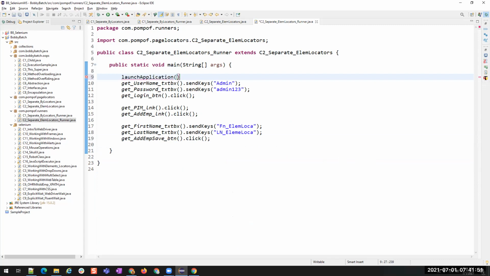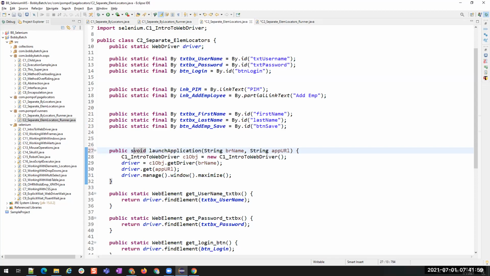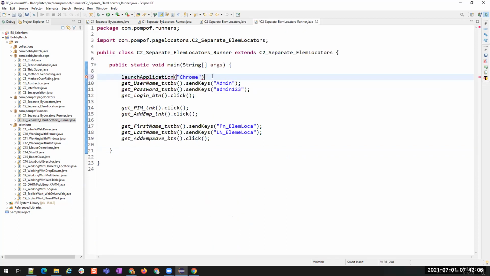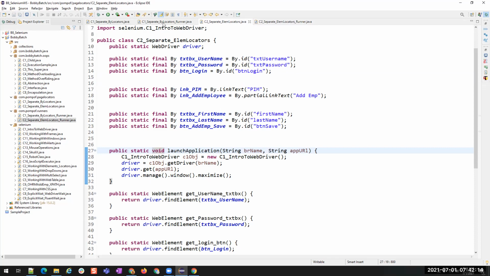Launch application, I'm going to pass two parameters. Okay, why is it not showing? Because I didn't make it static. If it is not static, then you have to create an object and use it. If it is static, you can use it directly. Okay. Comma and the app URL. That's all. Where is the app URL?